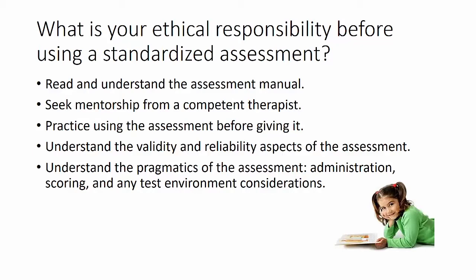Practice the assessment before giving it. That is awkward, especially with little kid assessments. You're going to get to do that a bit tomorrow in terms of administering some assessment items to each other. But it's the best we can do